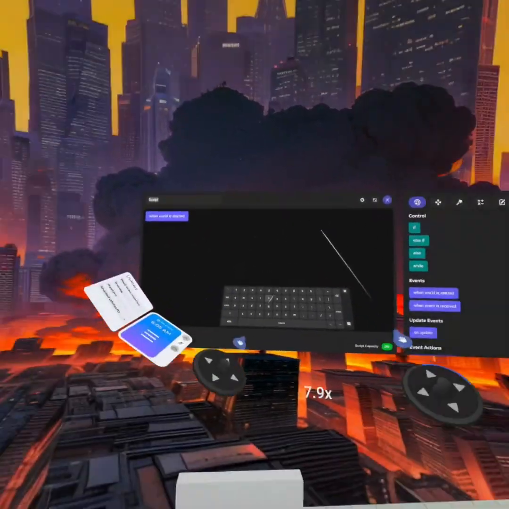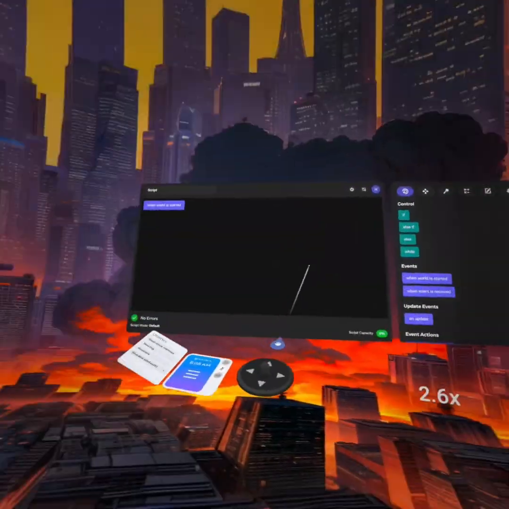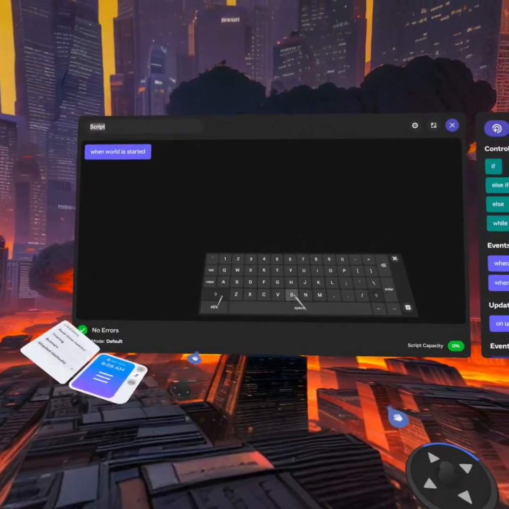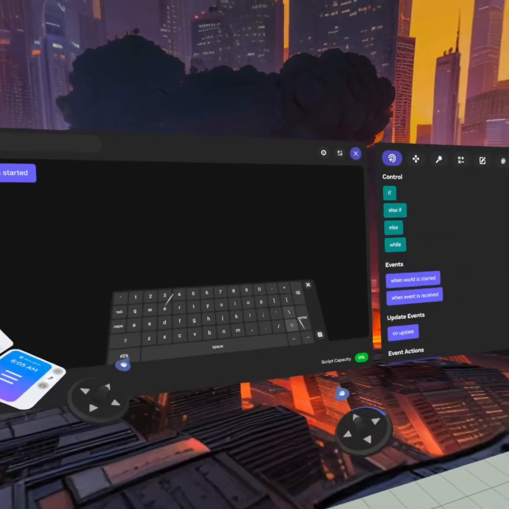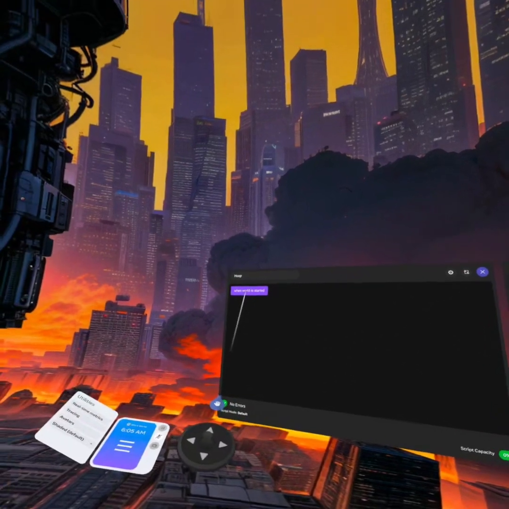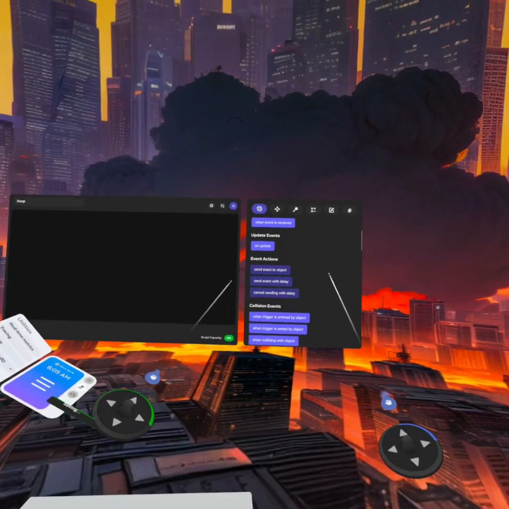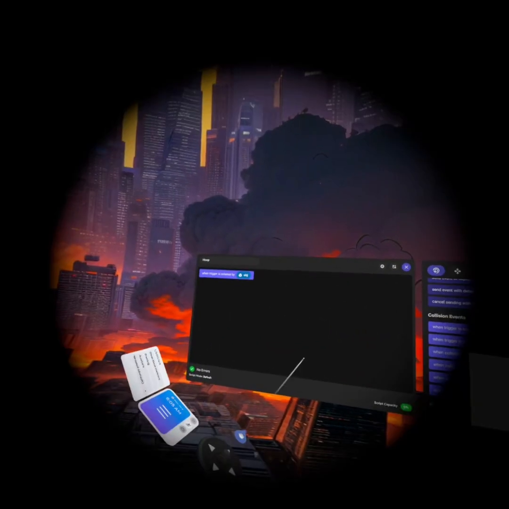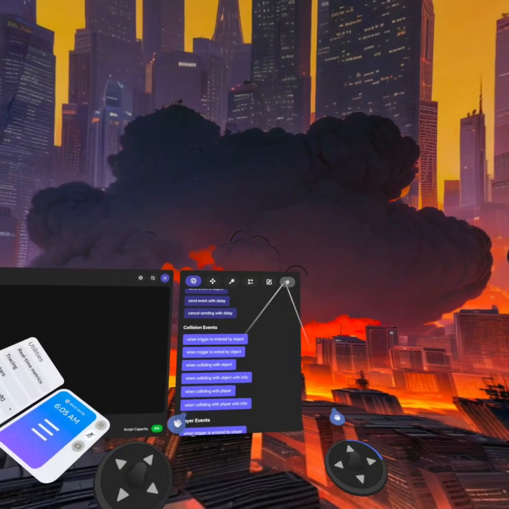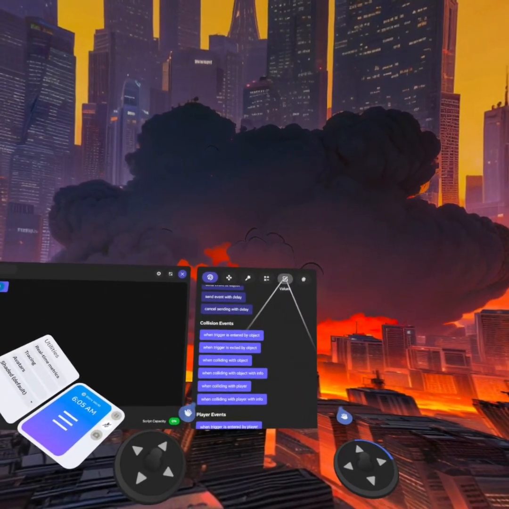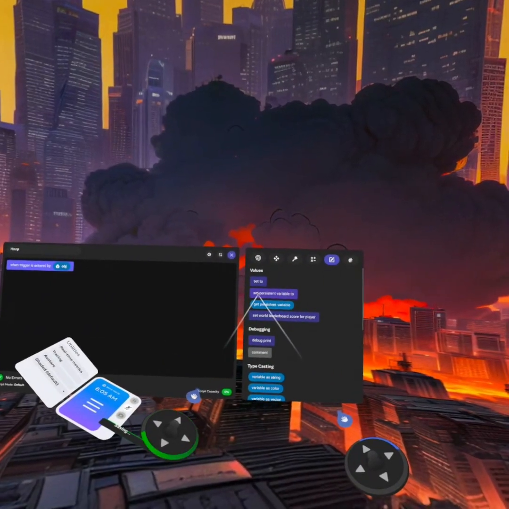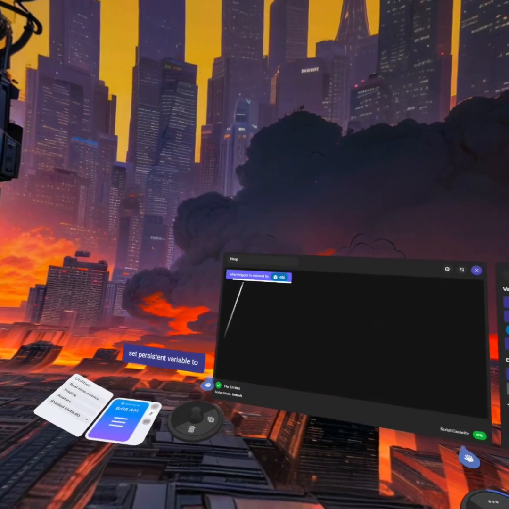So we're going to just call this, first of all, I'm going to make it small and then I'm going to name this hoop. And then we're going to go ahead and delete when world is started. And what we're going to do is go to collision events, when triggers entered by object. Then we're going to go to values, go to set persistent variable, drag that over,